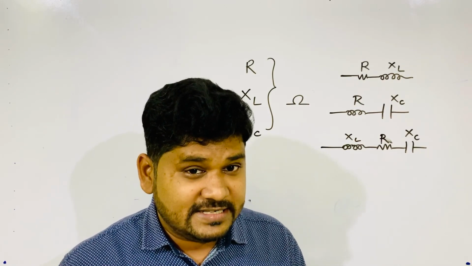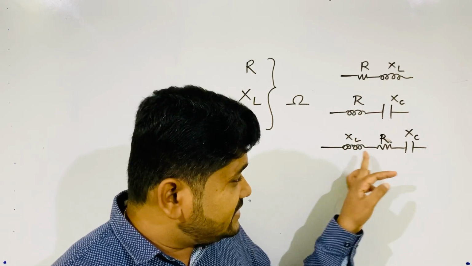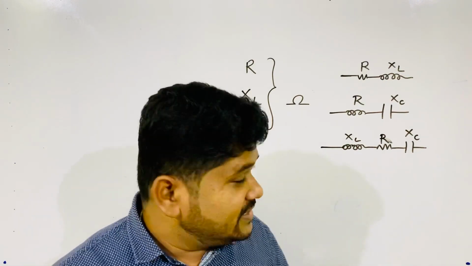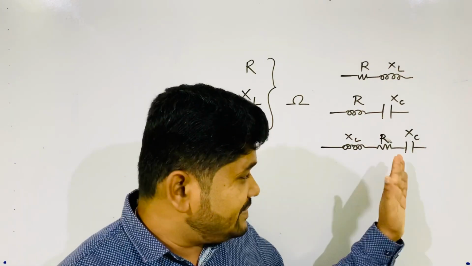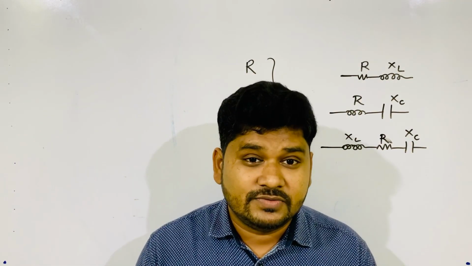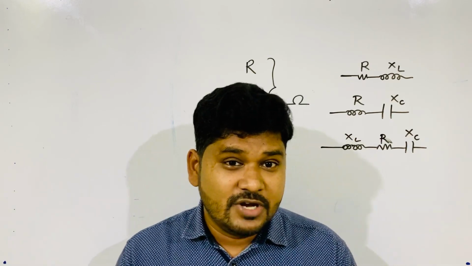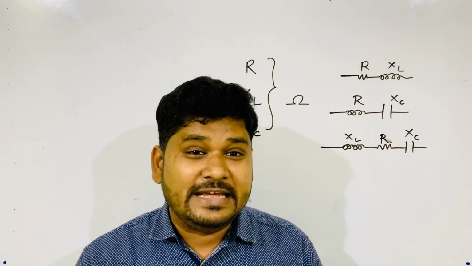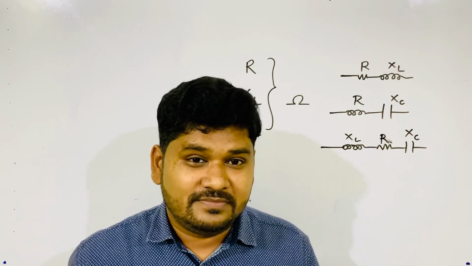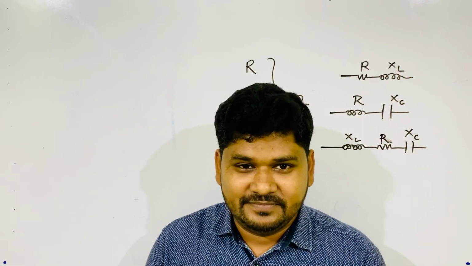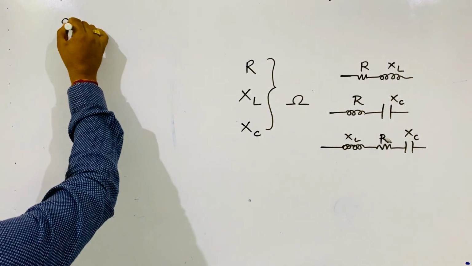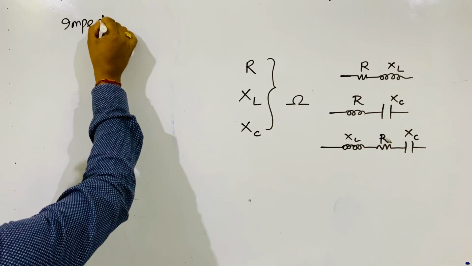You are thinking we will call it resistance. If we call it resistance, then the inductor and the capacitor will feel bad. If we say inductive reactance, the other two will feel bad. If we say capacitive reactance, then these two will feel bad. Then what will we do? Think like a gentleman. What will we do so that none of the three feel bad? What will the net opposition be named? We will bring a new term so that no one feels bad. The new term is impedance.